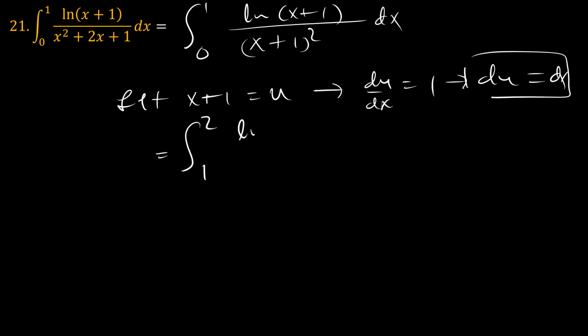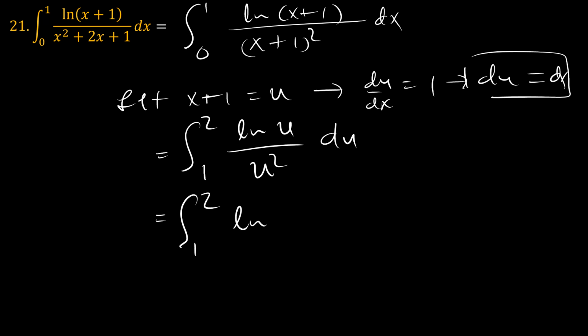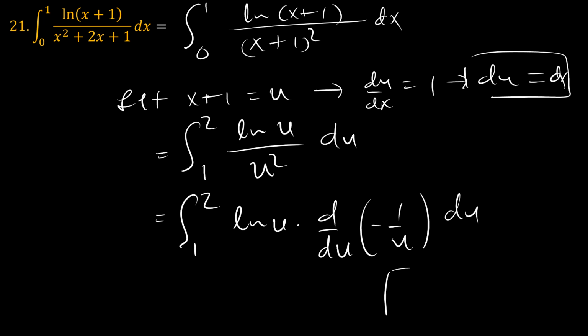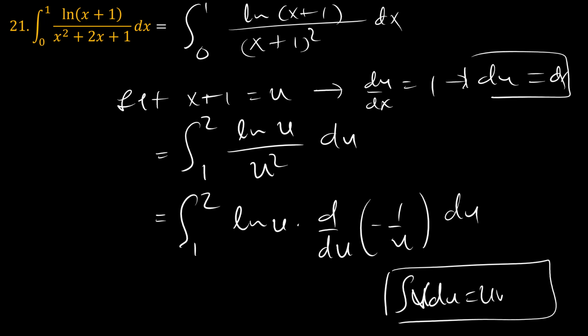So we have ln of u over u squared du, which means that we could just say this is the integral from 1 to 2 of ln u times the derivative with respect to u of negative 1 over u du. Use integration by parts. If you have u dv, that is the same as uv minus the integral of v du. Okay, integration by parts. So going forward to just say, okay, so our problem is the integral from 1 to 2 of ln u